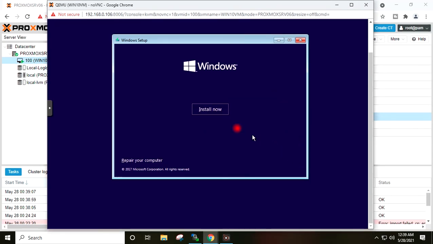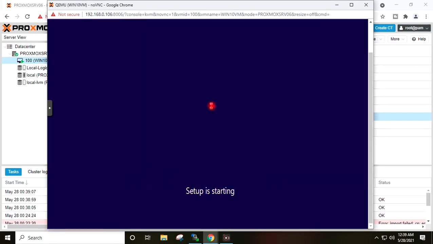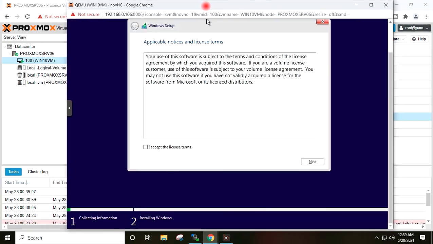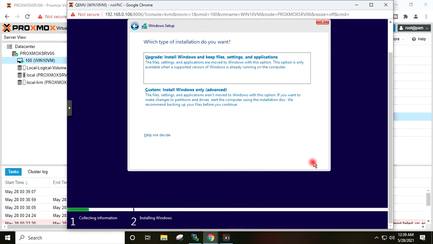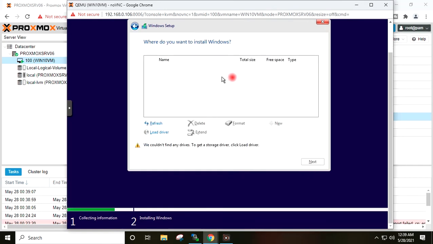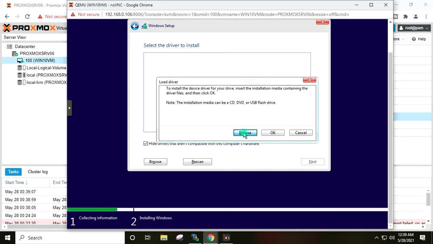Next, install now. I accept. Next, custom. You can see here hard disk is not visible. I will go to load driver, browse.